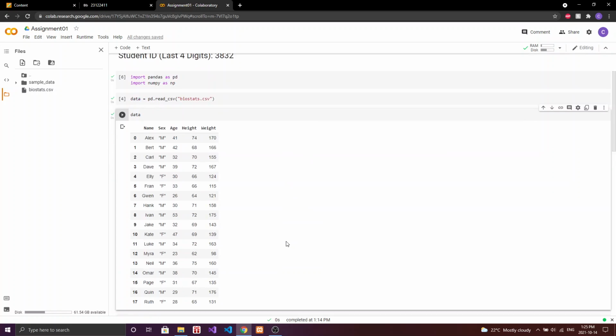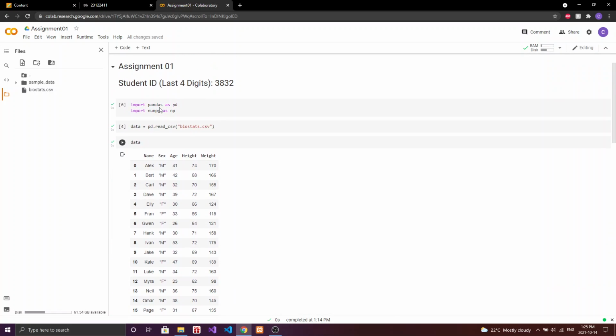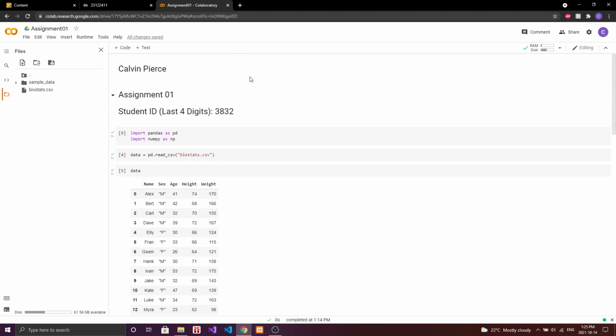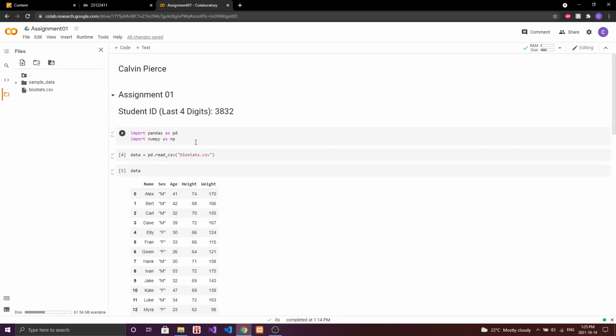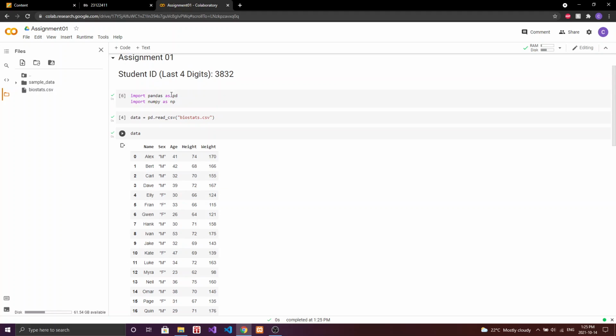Okay, as you can see, let me just scroll down a little bit so you can see the numbers. I ran this before I started recording, and I did not move that CSV file into here, so you can see I got my numbers all out of sorts, but for you it would not matter. So the first thing we're going to want to do is import Pandas so that we can read that CSV file, and then we're going to also want to import NumPy so that we can work with the data inside the CSV file and really play with it in an array. We'll shift enter just to run that